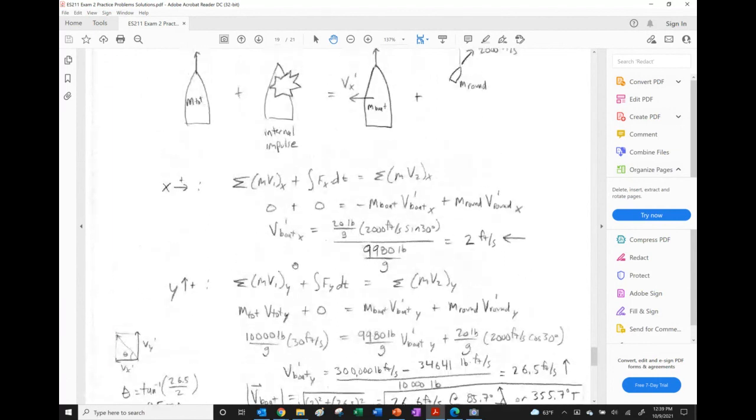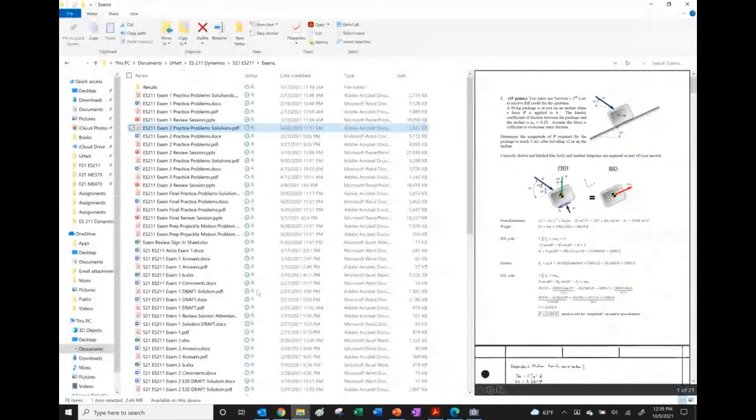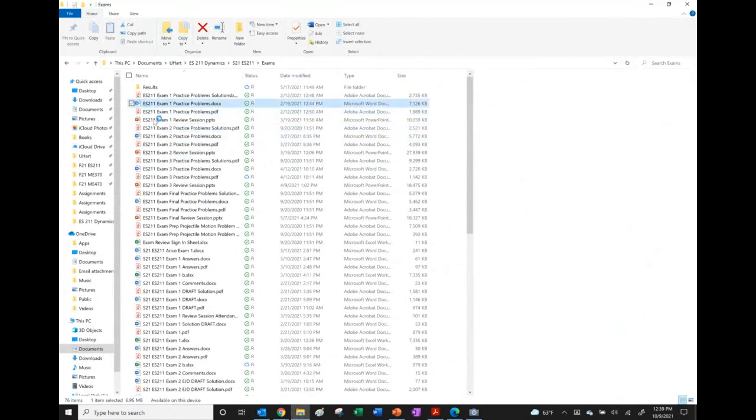So I think maybe I should just fix this thing. So the answer, unfortunately, I think it's wrong. But I want to double check what that is. I want to double check that